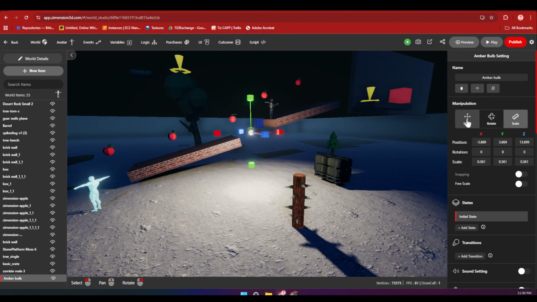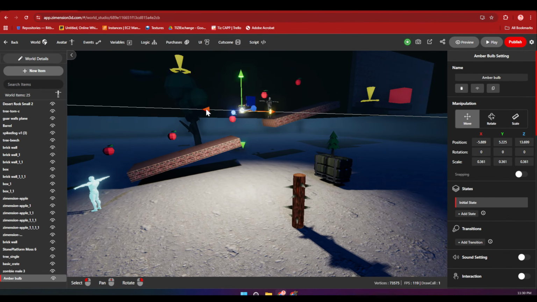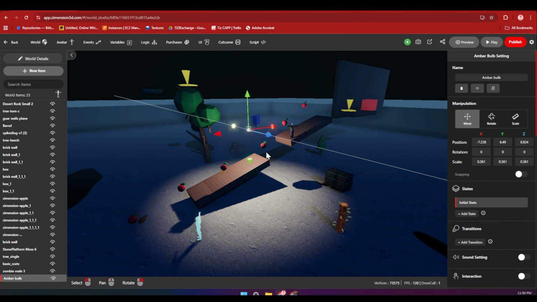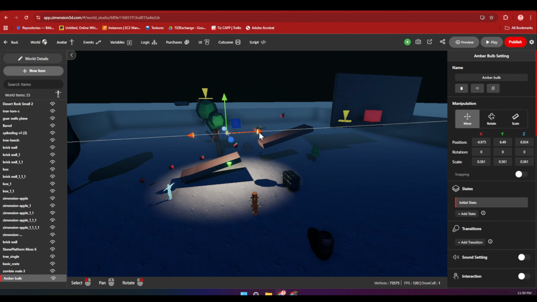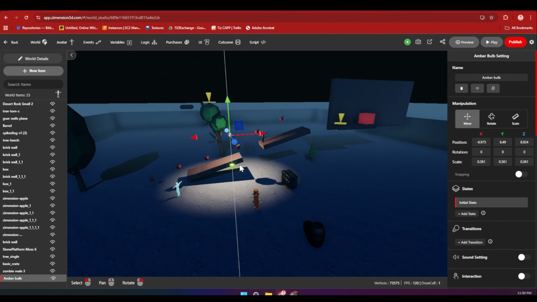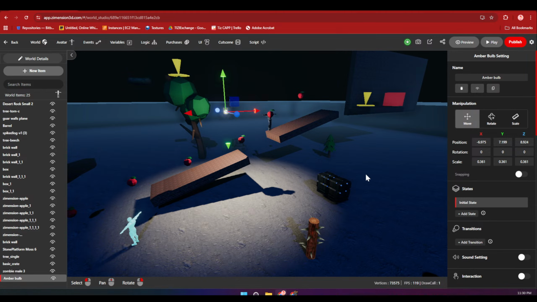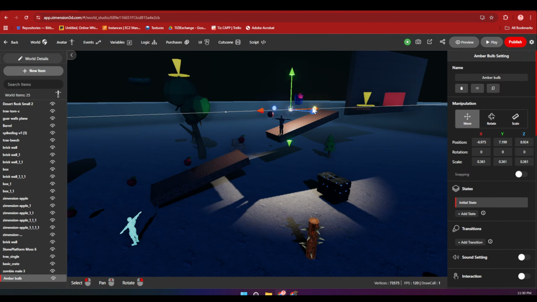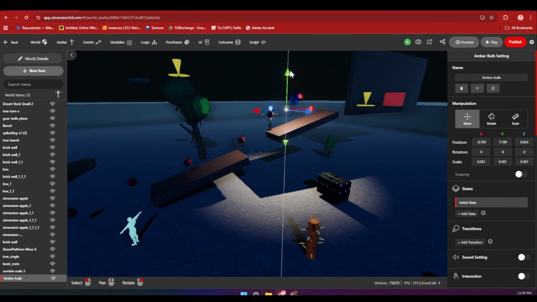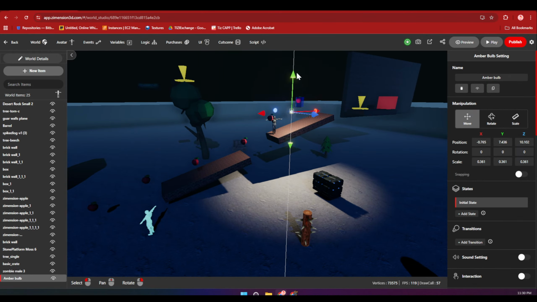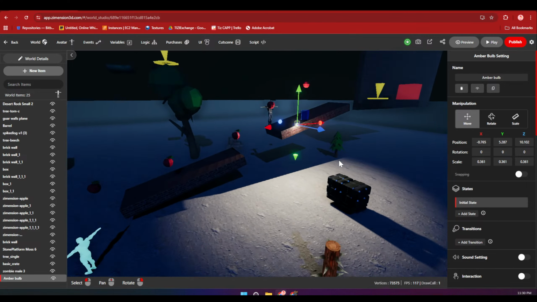So this way, you can have a light, and since there are shadows, you can have some flickery effect as well with a zombie, or you can even have the light move up and down. So I'll just create a transition over here.